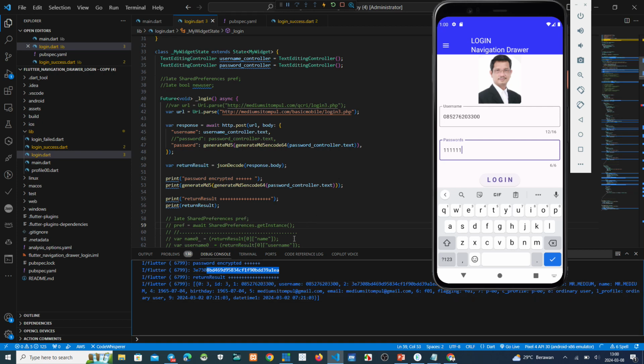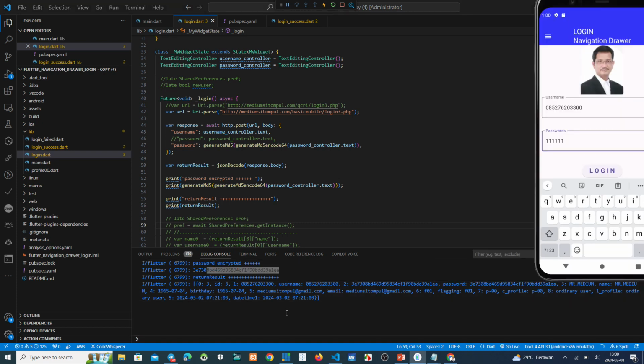We can see this is the username, and where is the name? Here. This is the name, this is the password encrypted, and so on.